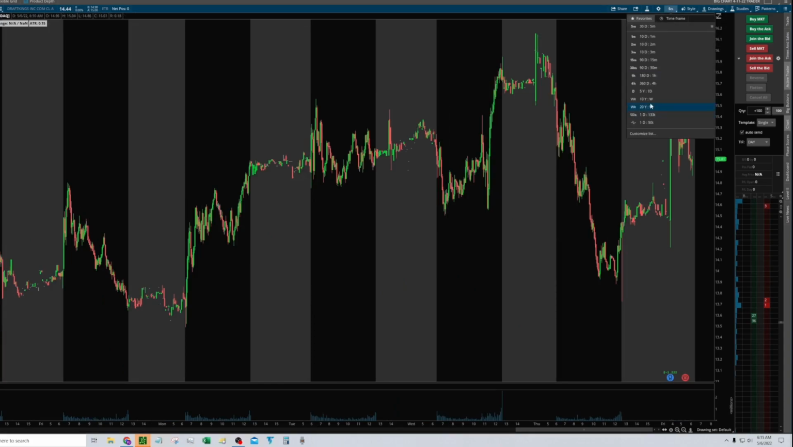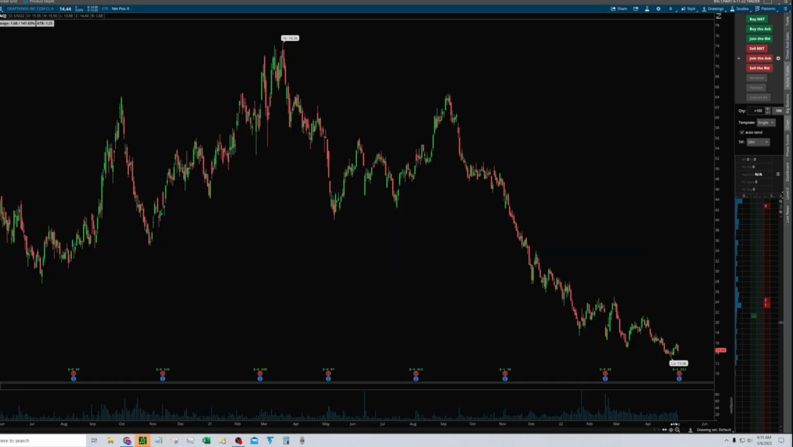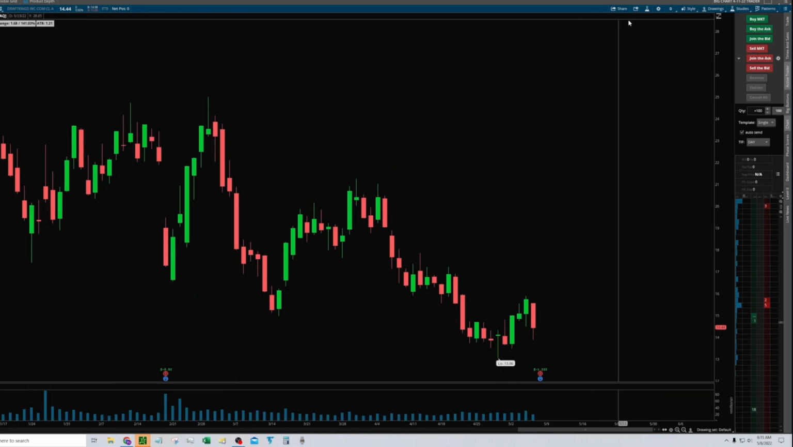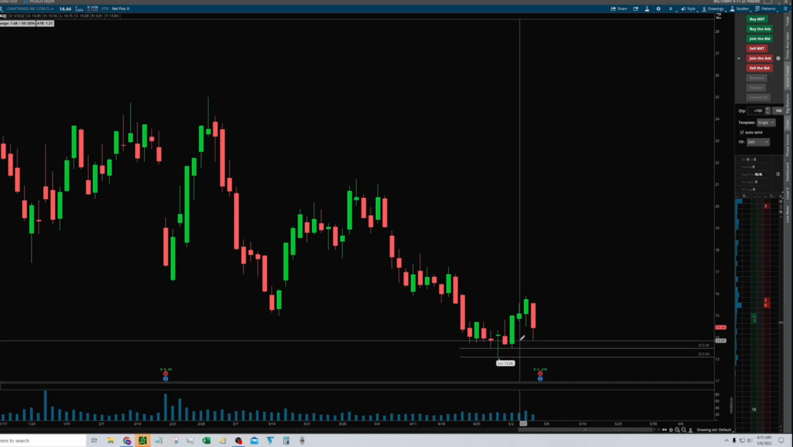Let's look at one more here. This is DKNG, DraftKings. On the daily, you can see some obvious support levels here at 13.49, and the low was 13.06. And also the low from yesterday, which was 13.88. So now,